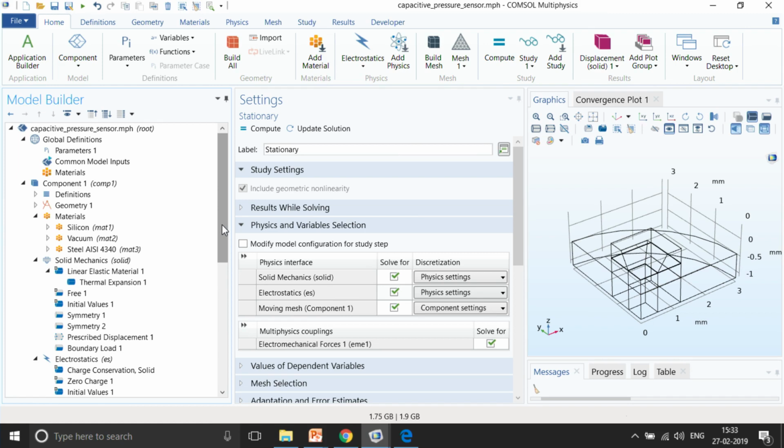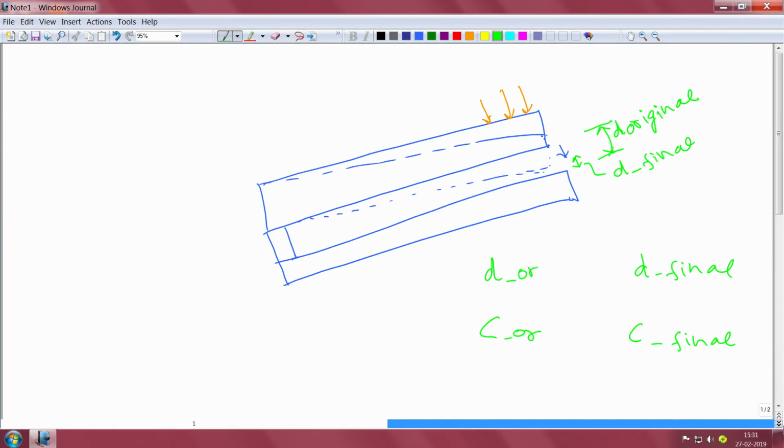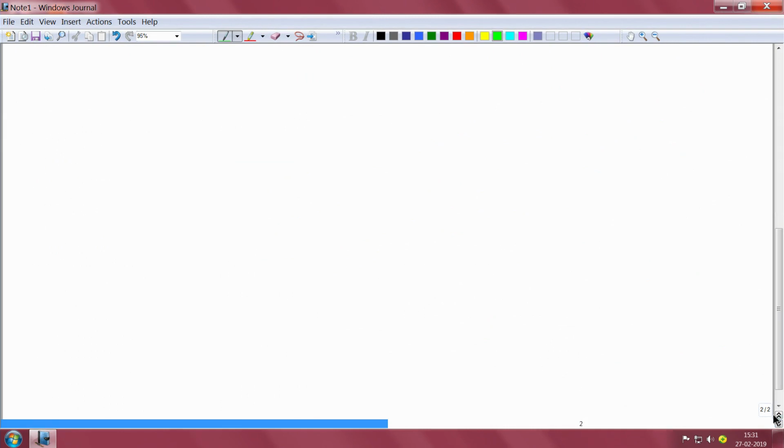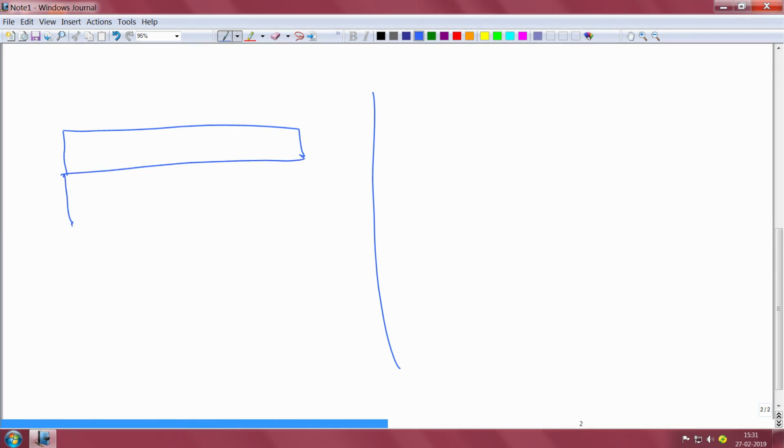The most important thing that is happening here is that after the deformation, the mesh of your upper cantilever beam also needs to change, right? So if your meshing in the first part is the straight one, right? Let me go to the next page. Yeah. So if we talk about two parts, my first part is going to be the straight part.